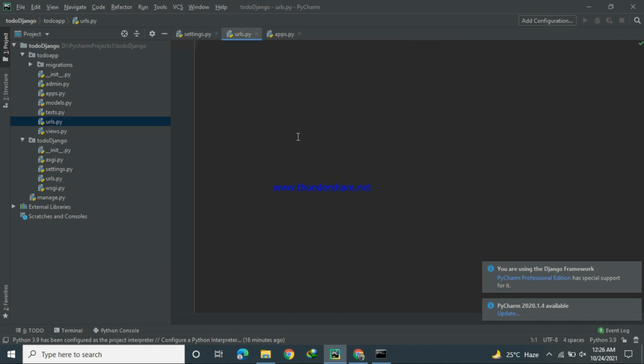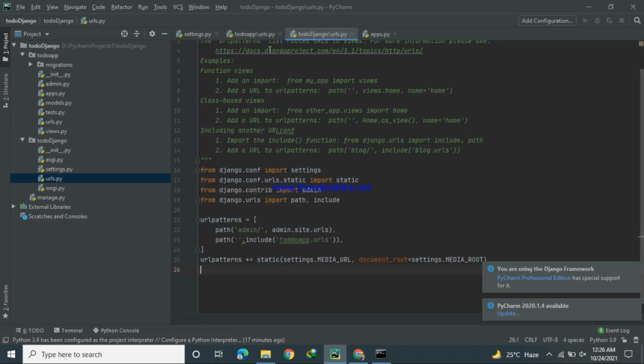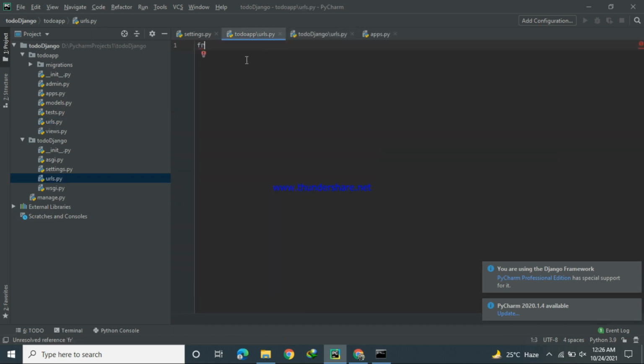Here we have to write our URLs. First of all we have to import path, because we have to give paths as we give here. Okay, so from django.urls import path.